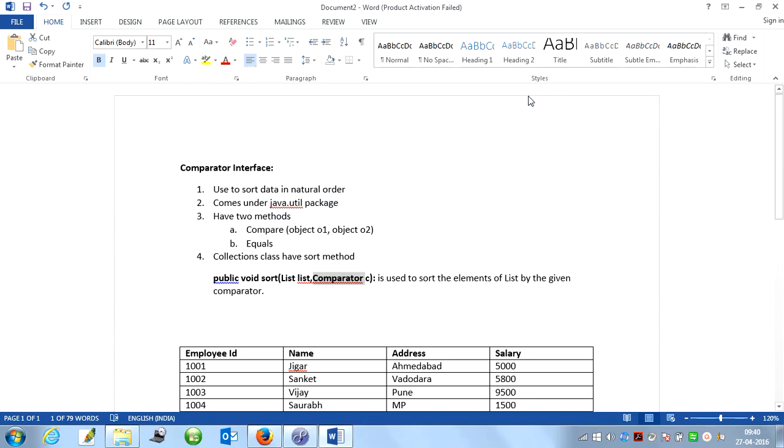On the other hand, when we are using Comparable, we directly implement Comparable and check a single object against our current object. We already saw that in our previous example. If you have not seen it, please go and see the Comparable video, so you can properly understand what Comparable and Comparator are. So let's see the example of the Comparator.